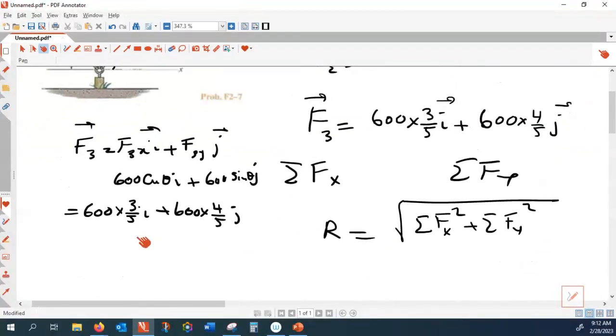And then this can easily be simplified. Divided by 5, that is like you divide this by 10. This is 60 by 6i plus